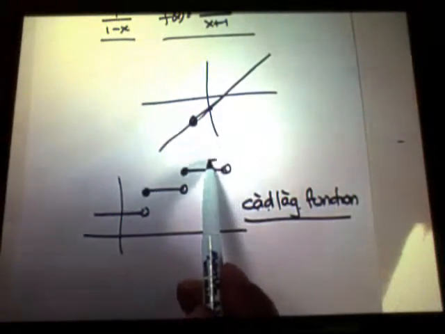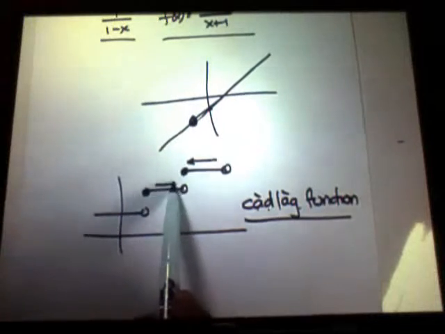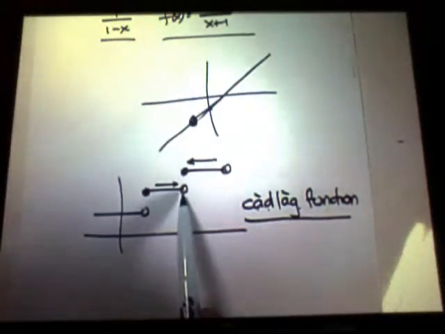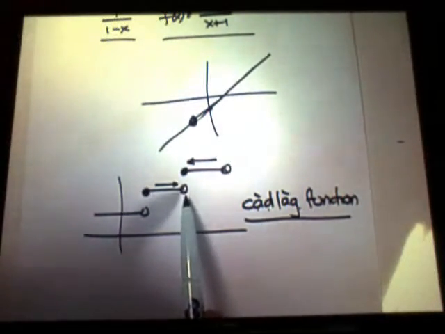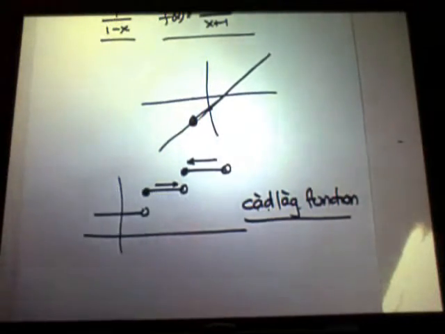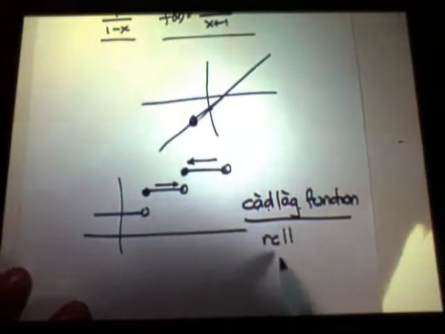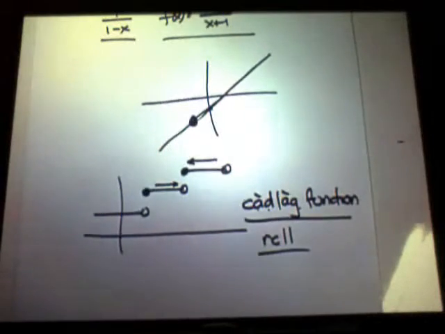So if I come at it this way, it's continuous, right? But if I come at it this way, all my limits exist. This is sort of a dead end here, right? The one-sided limit exists, but it's not continuous. That's called a cadlag function in the literature. I think the anglicized version is right continuous, left limited. They call them RCLL functions too. At any rate,